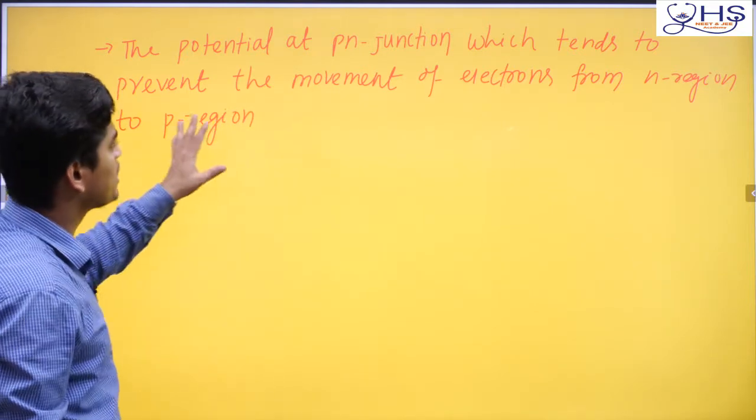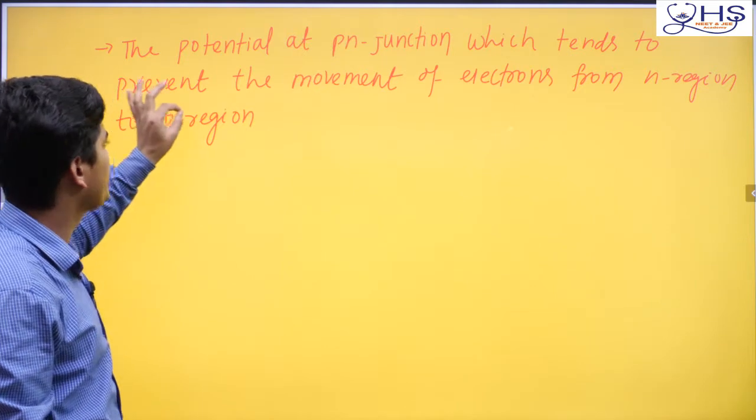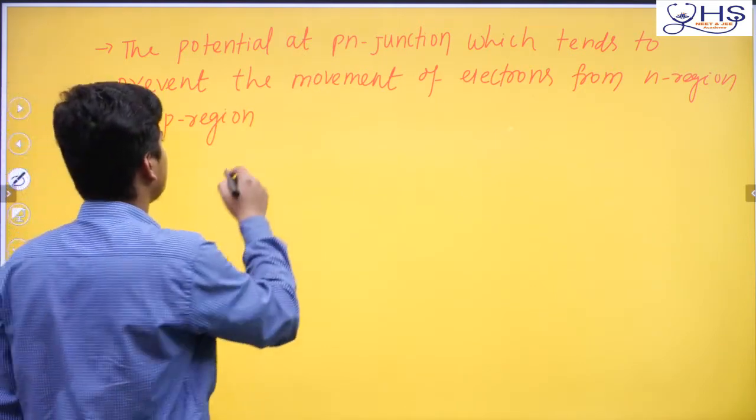Okay. The potential at P-N junction which tends to prevent the movement of electrons from N region to P region,